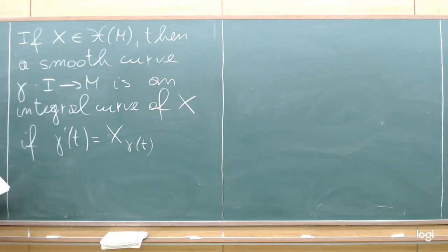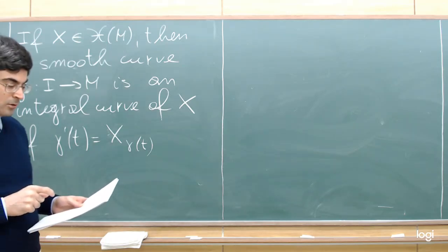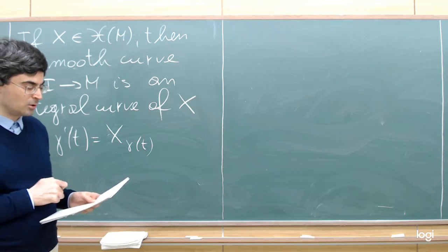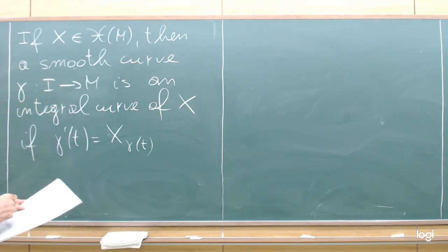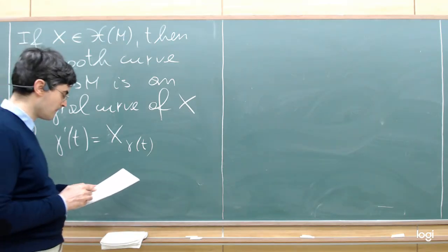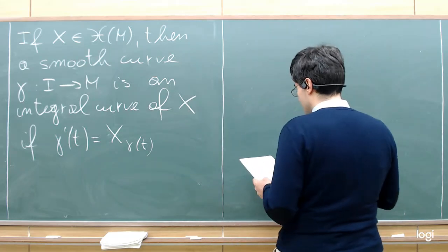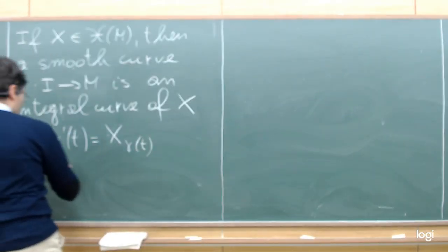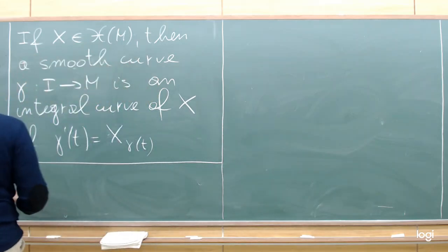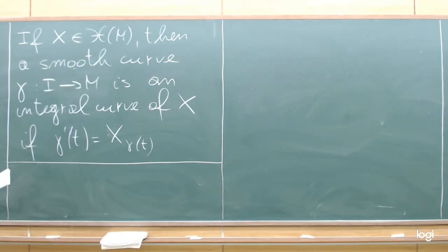A fundamental fact about vector fields is that there exists a unique maximal integral curve starting at each point, varying smoothly as the point varies. The collection of these integral curves is called a flow. I will provide you with a rigorous definition in a few minutes. I will start writing down the definition of flow domain.